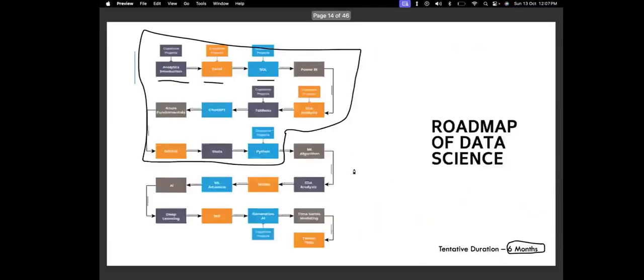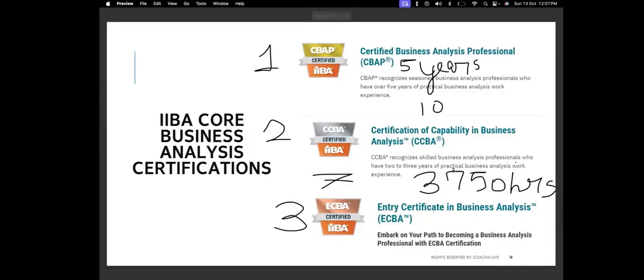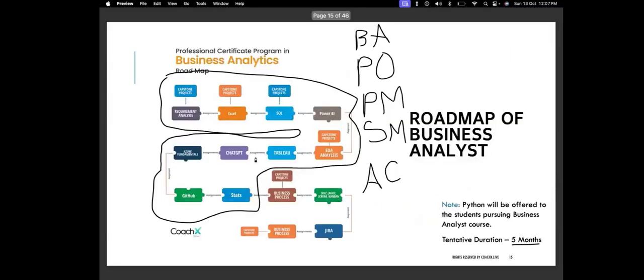So that is about the certifications. Any questions on top of it? And these are worldwide recognized certifications. So probably if you add the certificate,